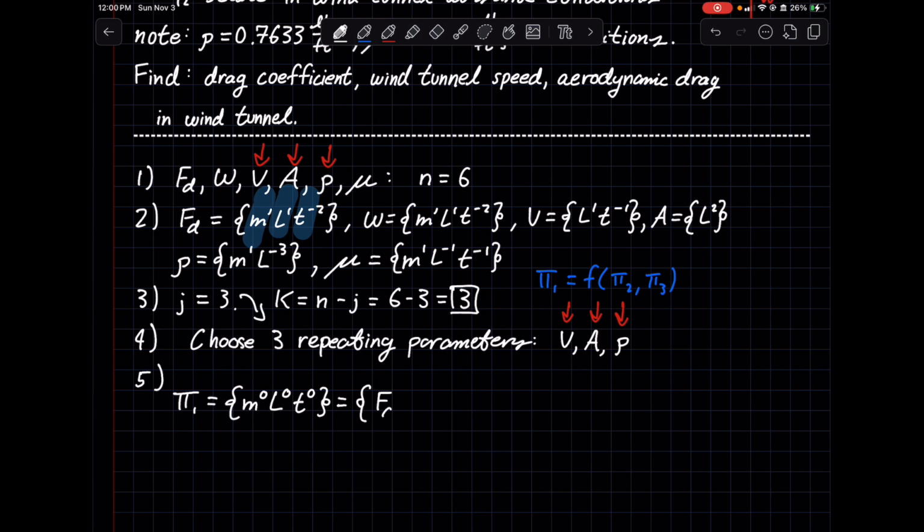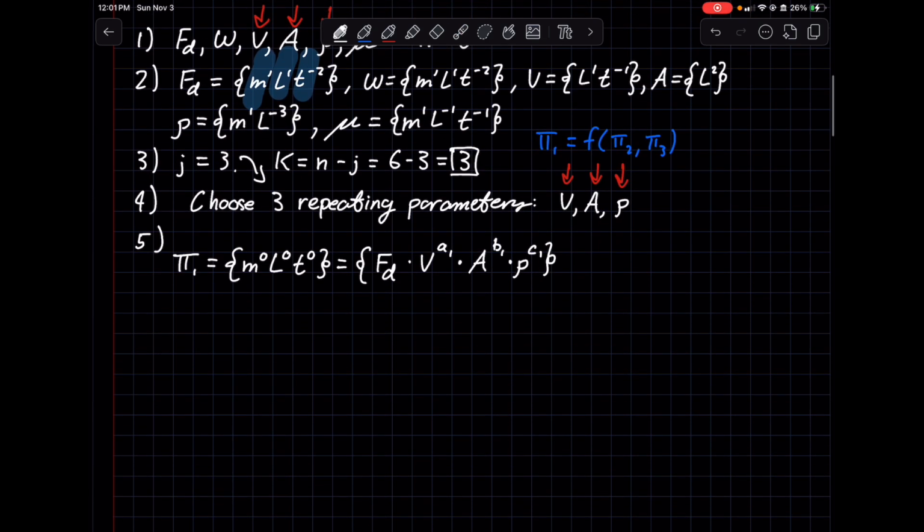So going from left to right, we're going to be starting off with our drag force. So F of D is equal to our velocity raised to the A1 power, times our area raised to the B1 power, and then times our density raised to the C1 power. And the goal of this is to solve for these exponents. So expanding this a little bit more, pi 1,